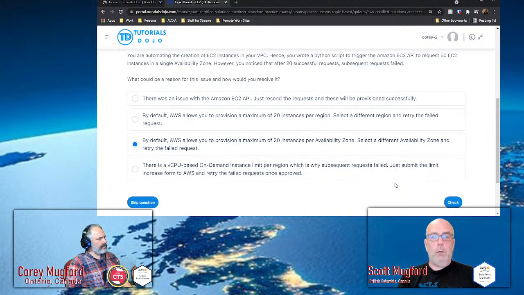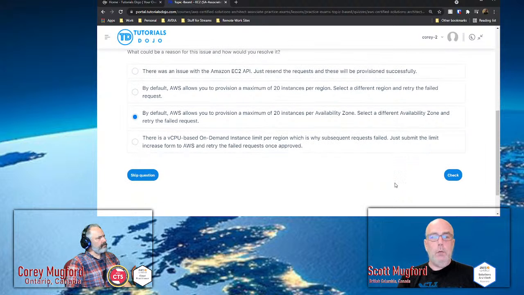It is right though. I think there's a soft limit of 20 instances that you can have in a region. And to get more instances in the region, you need to put in a limit increase request. There's a CPU limit per region, which is why subsequent requests failed.